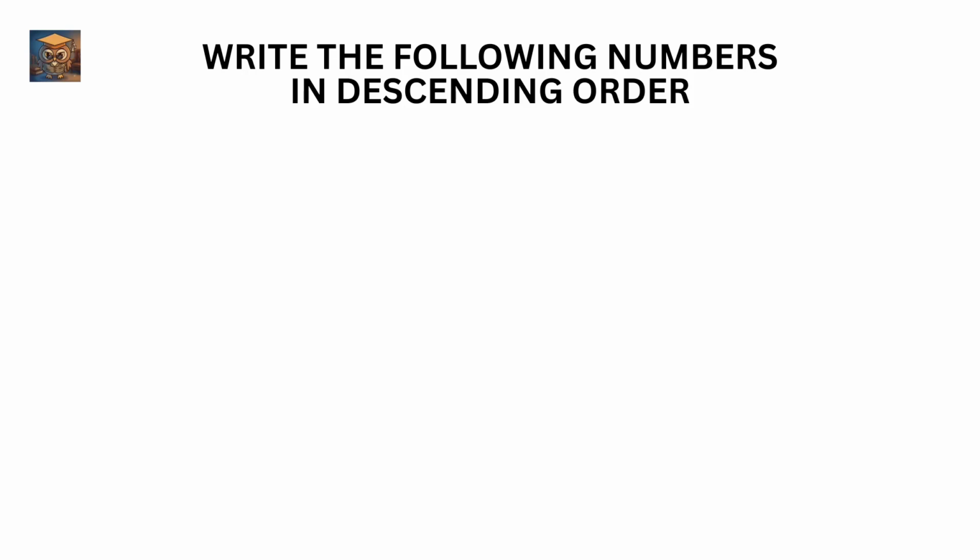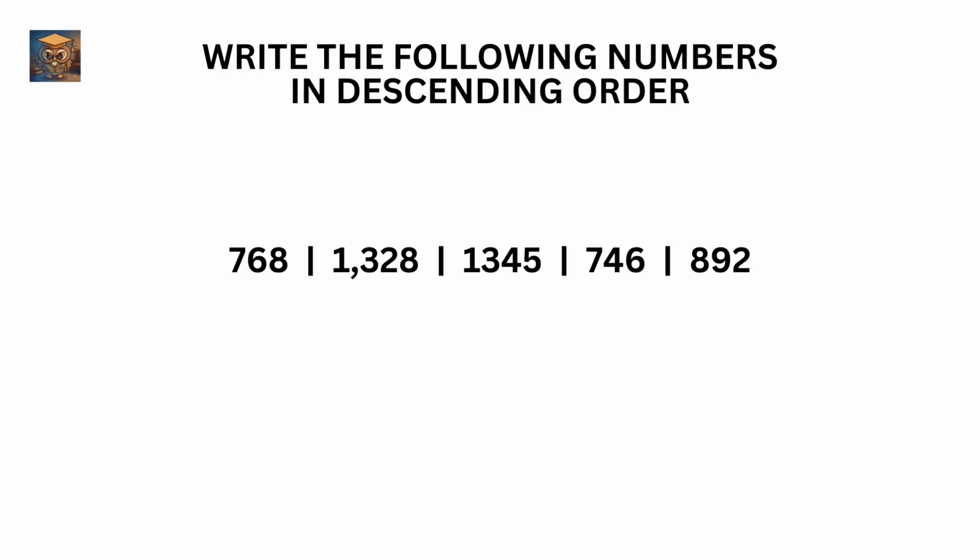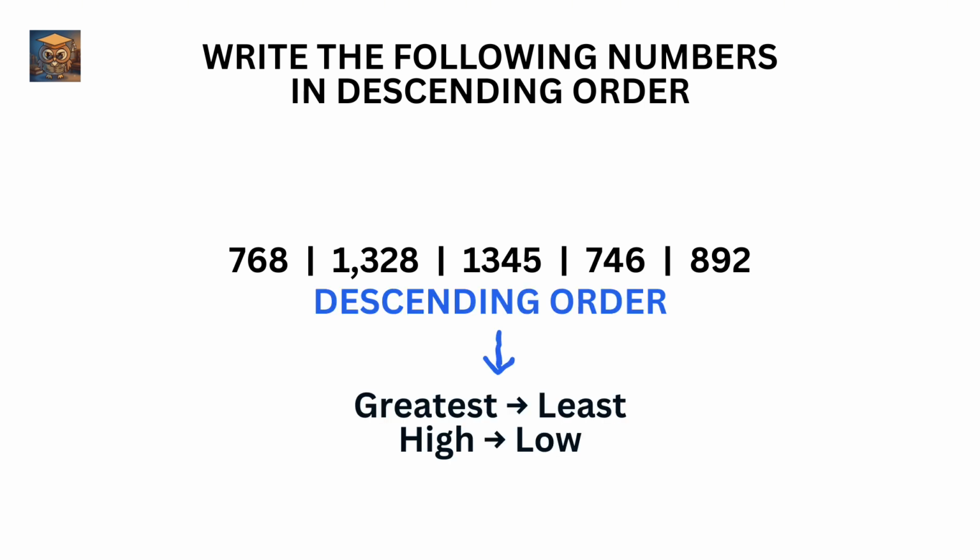Write the following numbers in descending order. We have five numbers: 768, 1328, 1345, 746, and 892. Descending order means we go from the greatest value down to the lowest, greatest to least, high